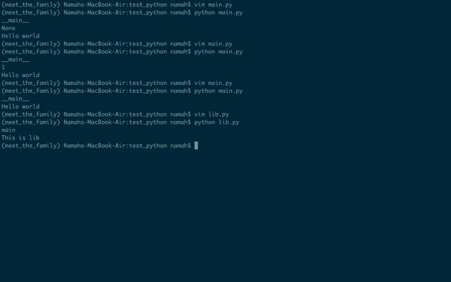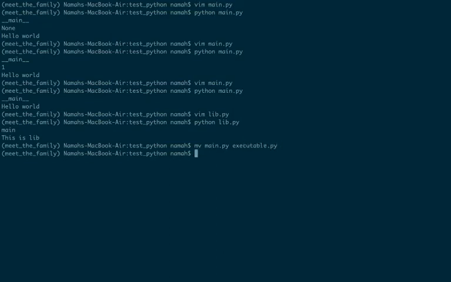Now this is a bit confusing, so let's rename our main.py to executable.py.